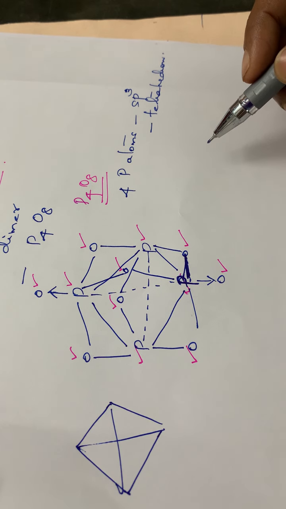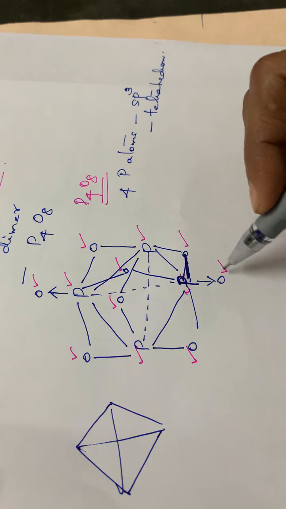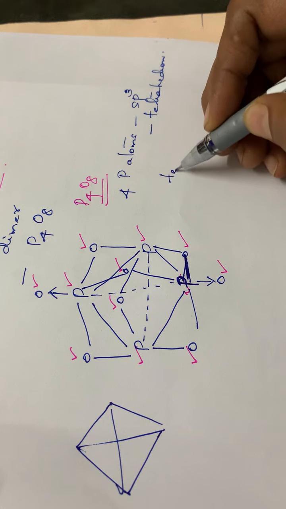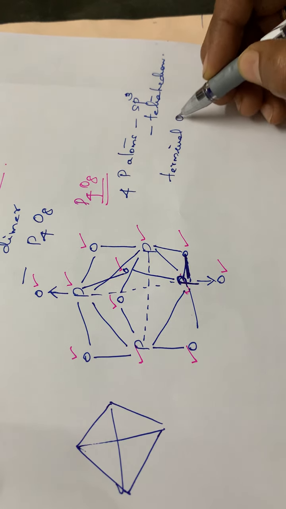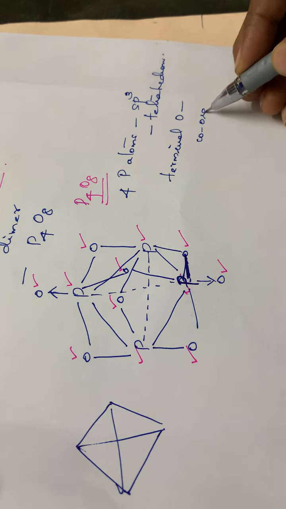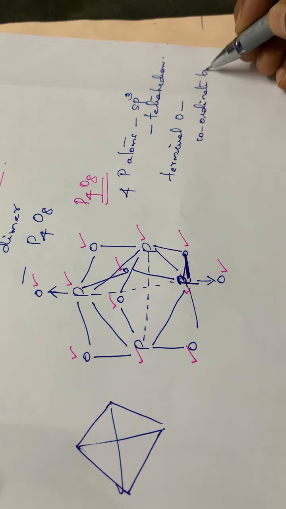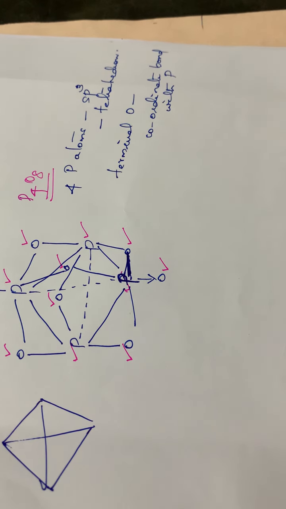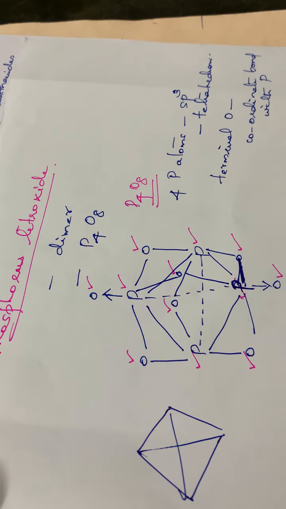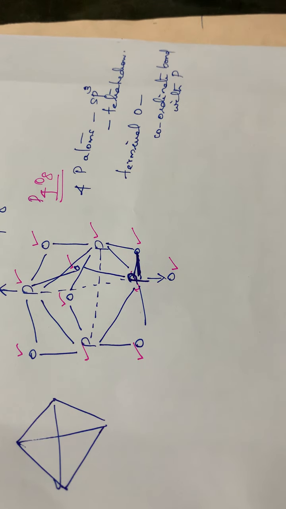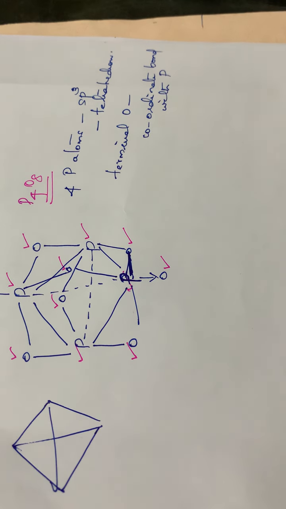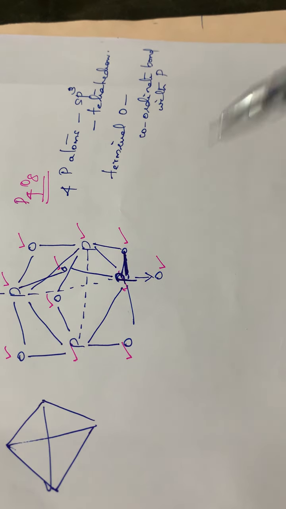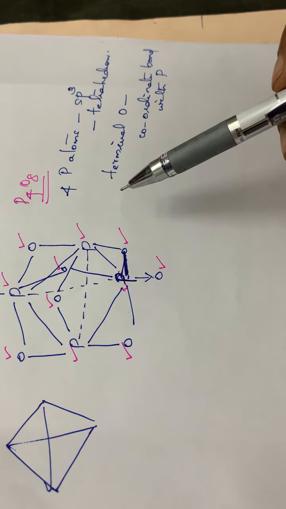And also here the terminal oxygen atoms will be bonded to this phosphorus through coordinate bonds. Terminal oxygens will be having coordinate bond with phosphorus. So this is about the geometry of the P4O8 molecule. Then one small compound is also there, that is not a small molecule. For the time being, you have to study only very small portions. Hope you are clear with this structure also. Please draw the structure so that you can practice it.